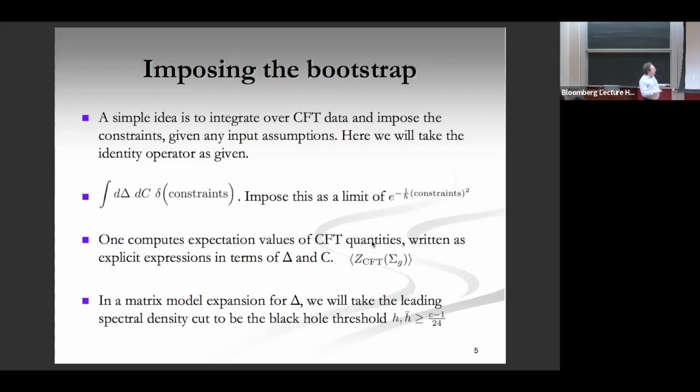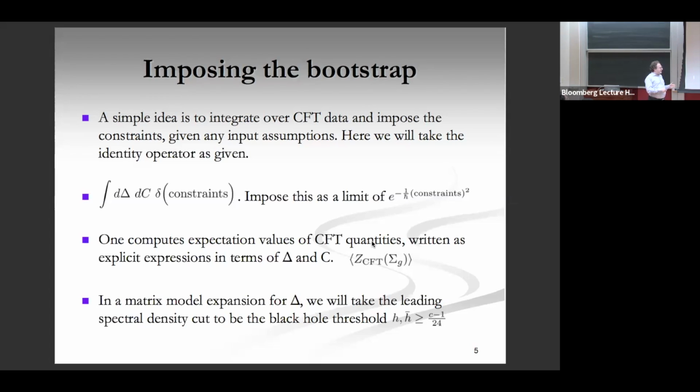And another piece of input, and again, most of the talk is going to be to explain this in detail, is, if we think about treating this integral, at least the integral over delta, as a matrix model, then we usually organize it in something like a 't Hooft expansion, and we have a notion of the leading spectral density. The leading spectral density isn't exactly that the density is given by that continuous density. That's not the right understanding, but that's the first term in a series of terms.